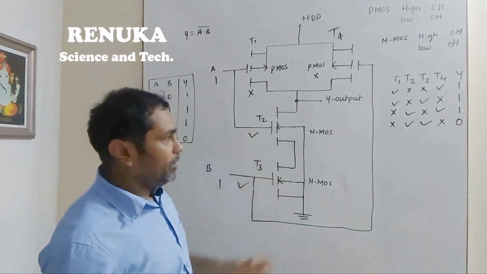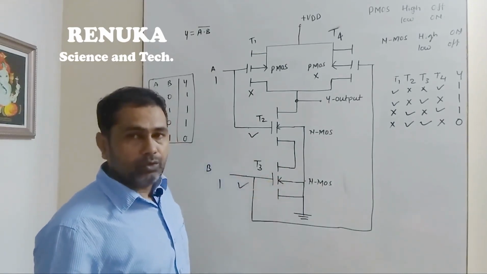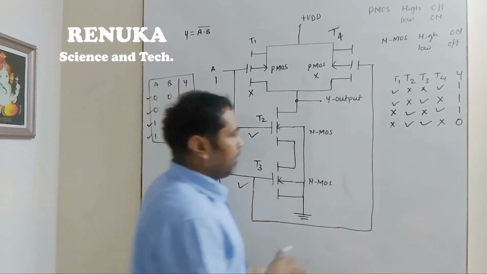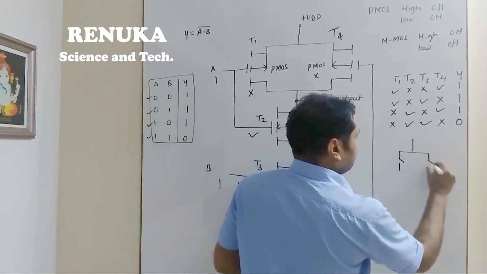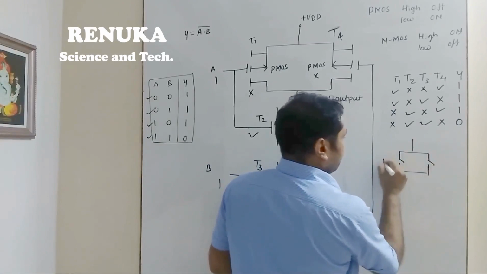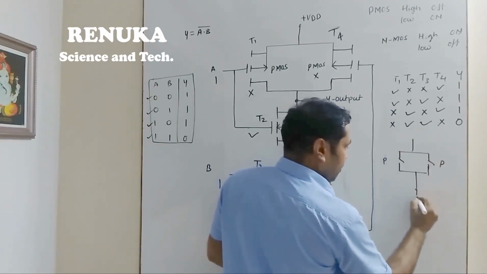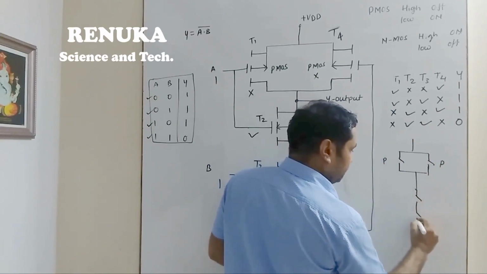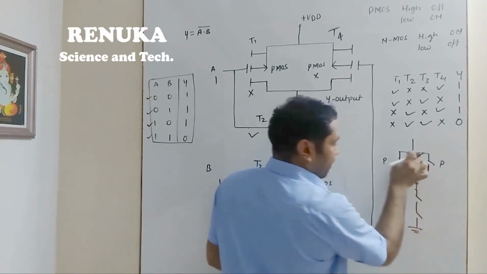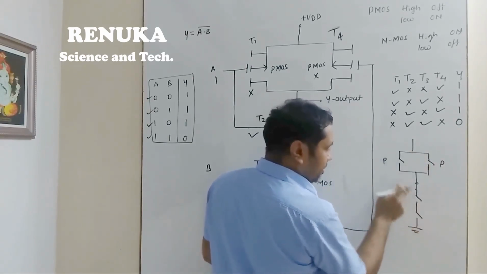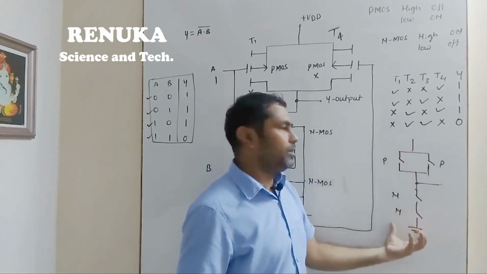If it is not possible, this same circuit can be redrawn or remembered using a shortcut method like this. Suppose these are your switches. These two switches are of P type and they are connected with the series connection of NMOS switches. So this is N type, this is N type, in a parallel and series connection. In between this connection, they are taking the output. So we can easily understand the working of this circuit also.